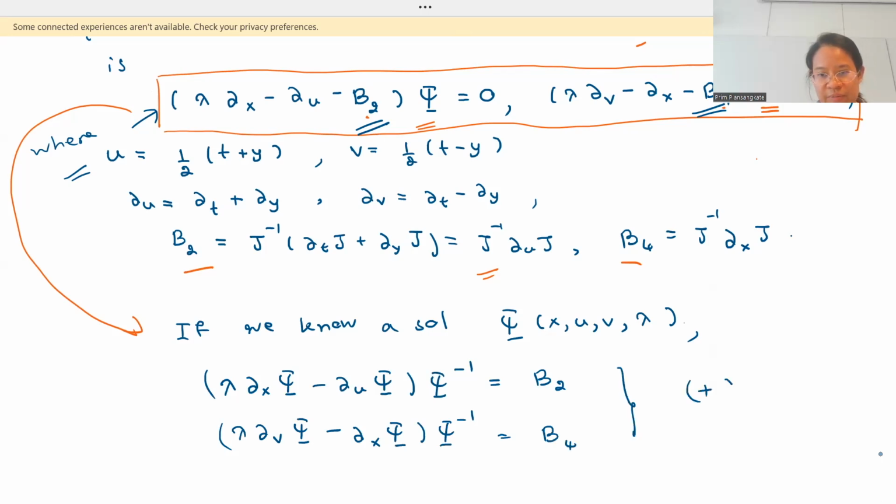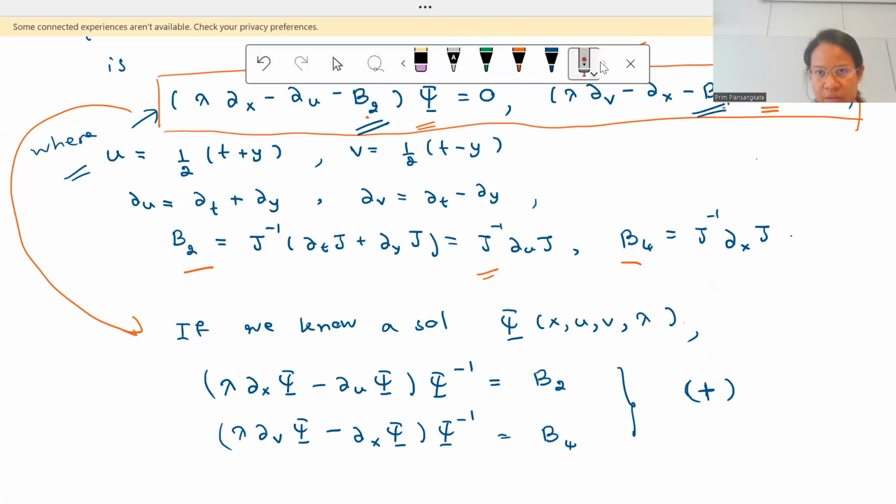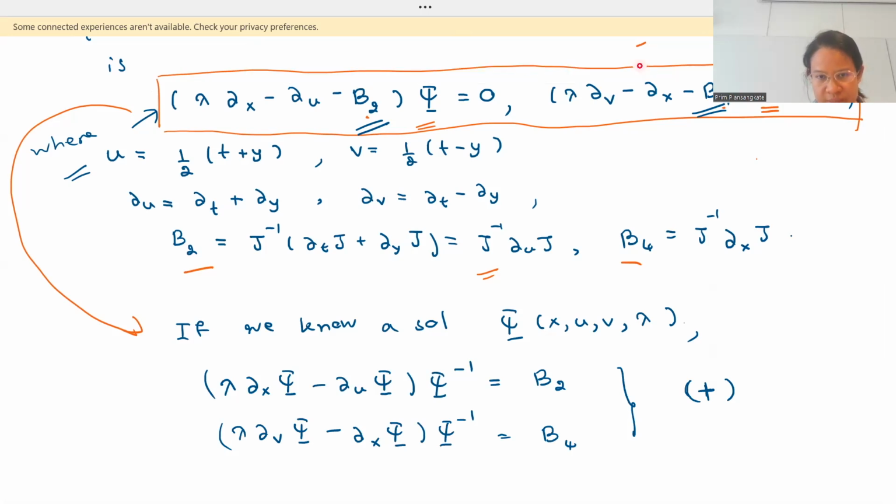Let me call the system with the symbol plus, just to label the system. By inverting this, and by rewriting this, we have this. That means if we know psi, we can work out B2 and B4 from psi. So let me say B2 and B4 are determined from psi in this way. And if we compare that B2 is just this and B4 is this, then it follows that